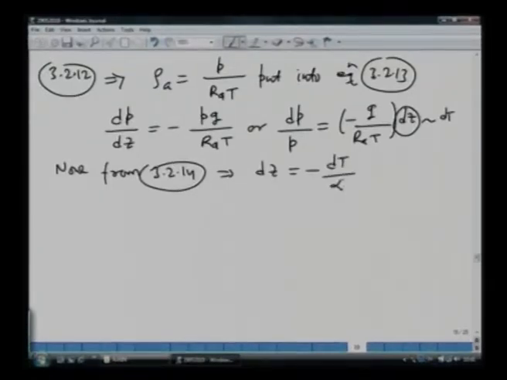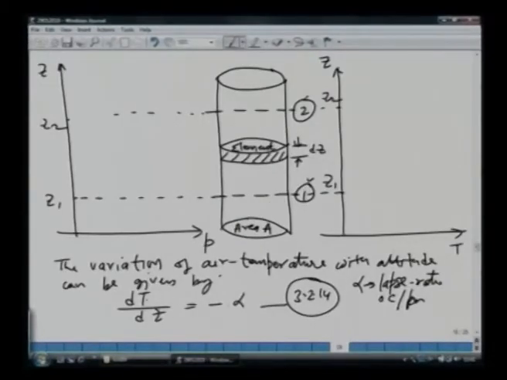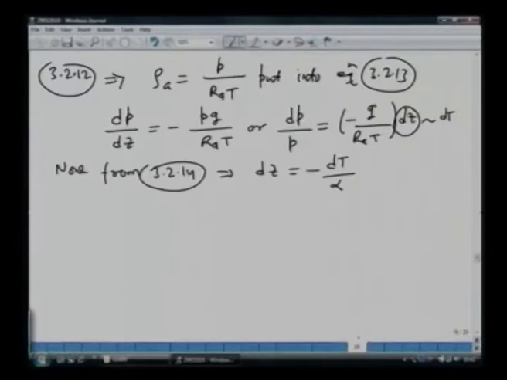All right. What is 3.2.14? It is the lapse rate. So, dT/dz is this. So, dz will be dT over alpha with a negative sign. Okay. That is what we have done here. So, now what we do is we put the value of dz from here into this, and what you will then get is